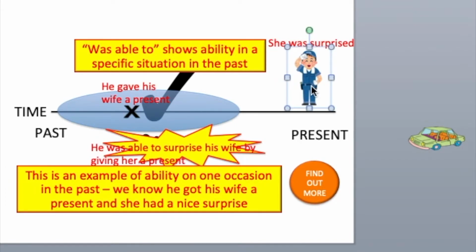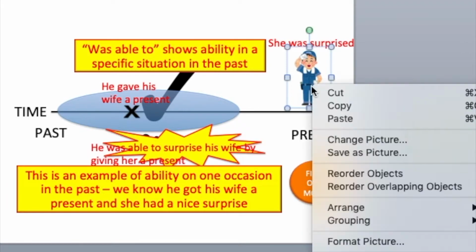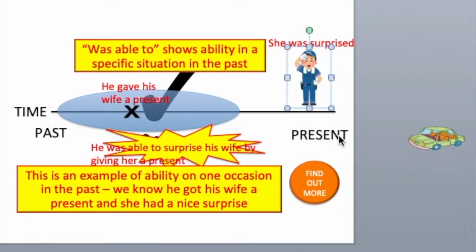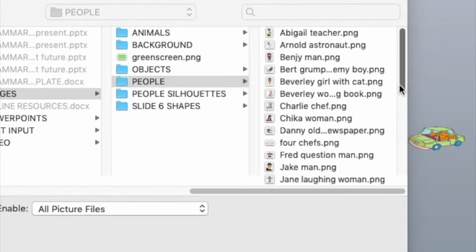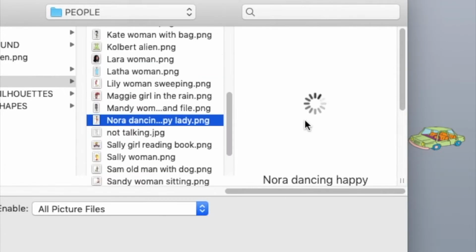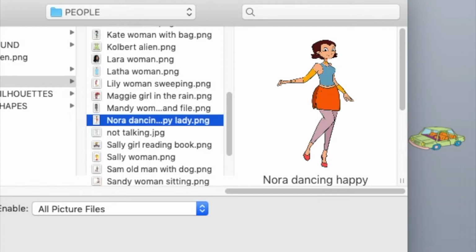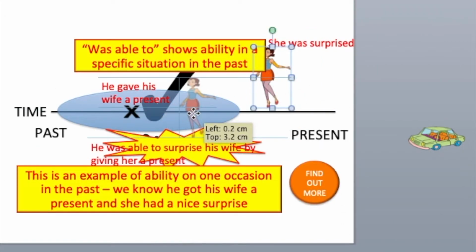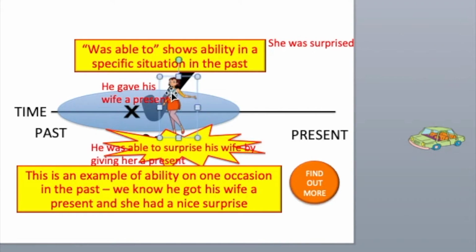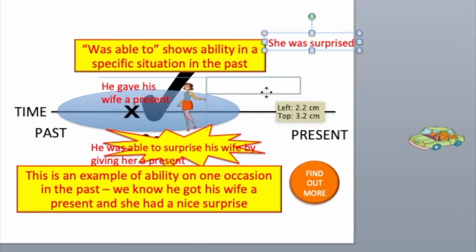And the next one in sequence in the top right hand corner is she was surprised, and the character and placing of that don't really fit, so I'm going to have to do some adjusting here. So I'll insert a more suitable character, and then I'll move that character into position. He gave her the present, she was surprised. It seems to make sense to put them together. Move the text as well.